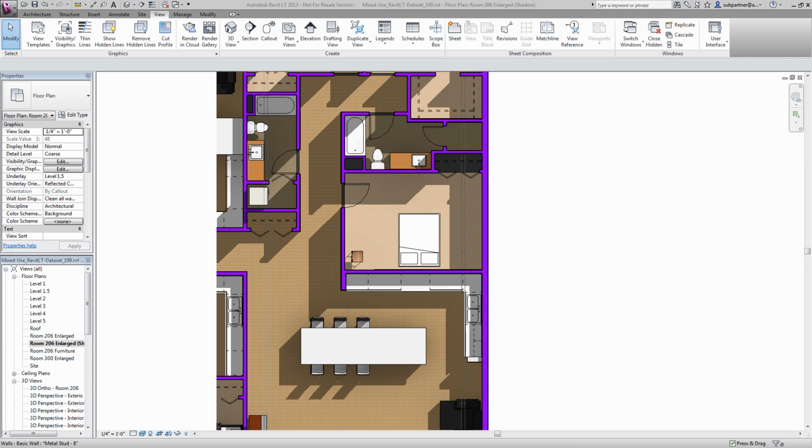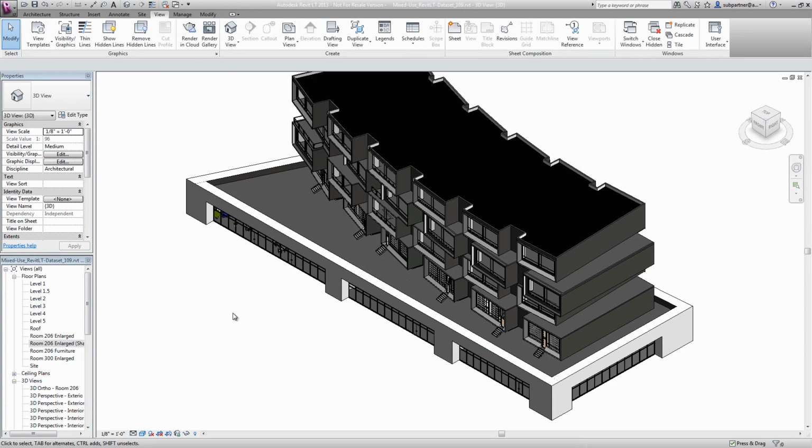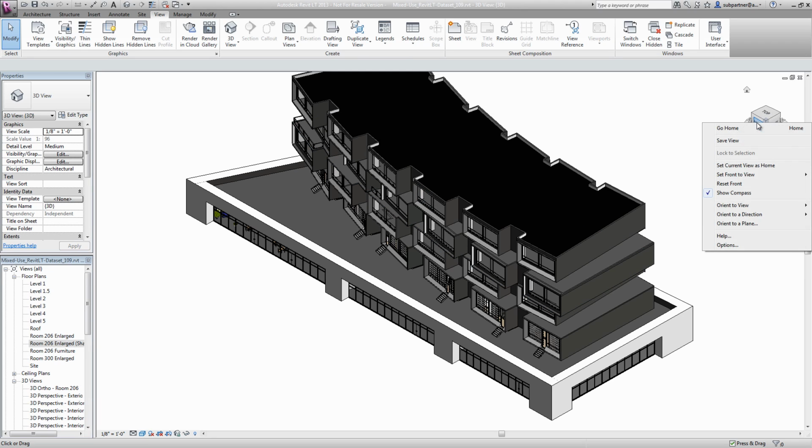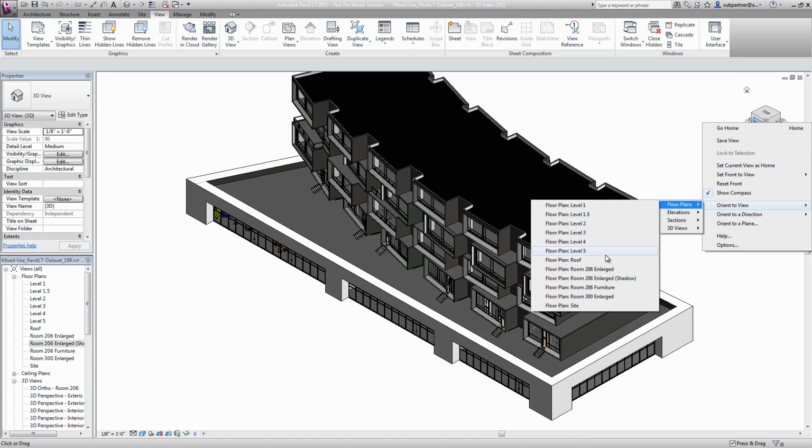Now sometimes you have a particular plan or section view cropped a certain way and you would like to see the same view three-dimensionally. Now you can't simply take a 2D view and spin it into 3D, but what you can do is take a 3D view and make it match the orientation and cropping of any of your 2D views. So I'm going to open up the default 3D view, which is currently just an axonometric of the entire building. Over here I'm going to right-click the view cube and choose the Orient to View option, Floor Plans, and then I can choose any of the floor plans that are currently in my project,